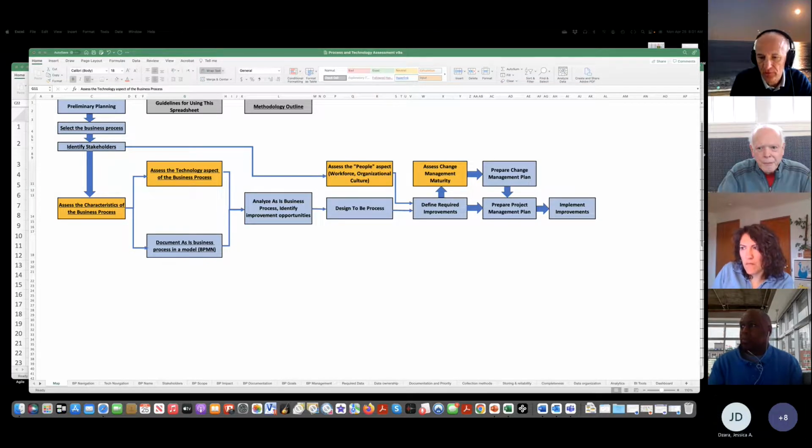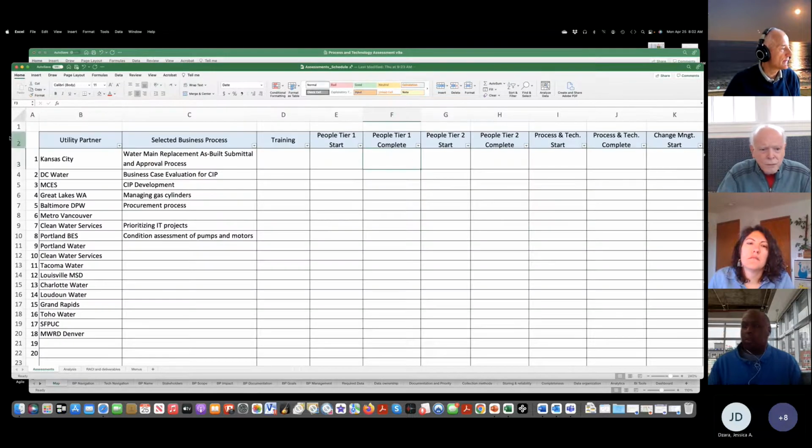Okay, thank you for the question. And V has a question. Would this process work for asset management evaluation too, or is it specific to capital planning? It's totally not specific. It really doesn't matter. If you can see the processes that they have actually selected, it really varies. It just happens that the first three are focused on CIP,